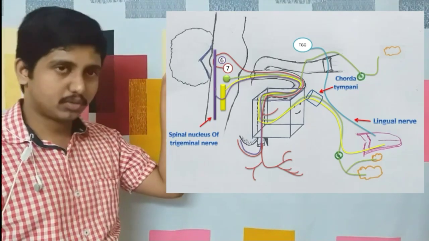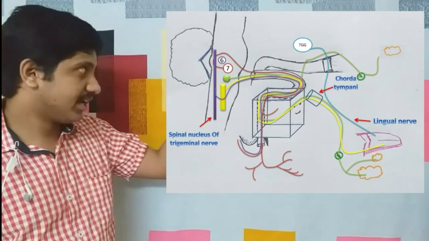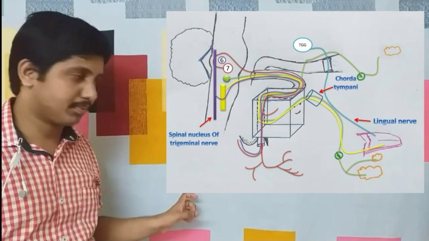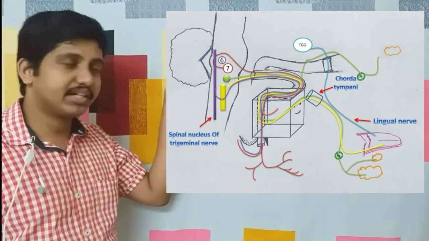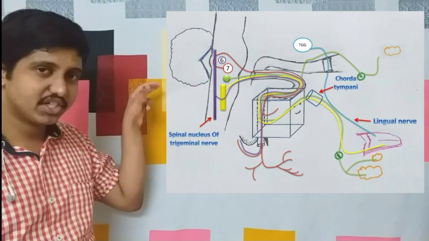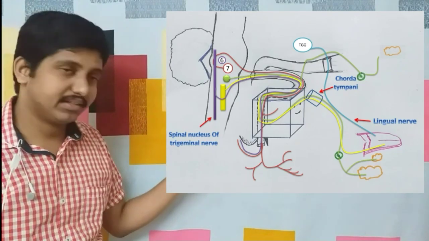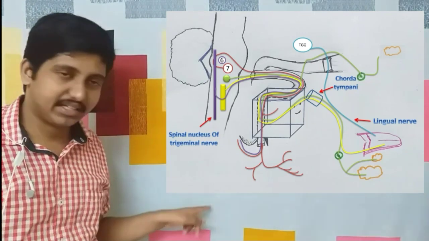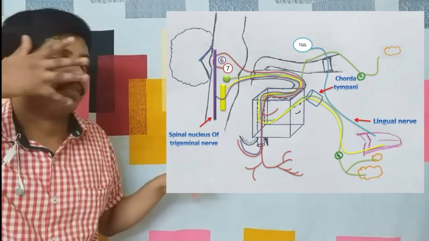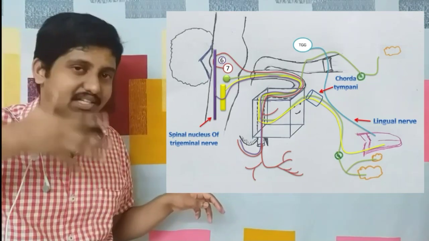It comes like this through the internal auditory meatus, then goes into the geniculate ganglion. Then it goes along the medial wall, then to the posterior wall, then down along the posterior wall, and there it gives the nerve to stapedius, then the nerve to the posterior auricular branch, that is to the occipitofrontalis muscle, the occipital part. Then the nerve to the posterior belly of digastric, then the nerve to stylohyoid, and finally we have the five different nerves to the muscles of facial expression, the most important extracranial course.